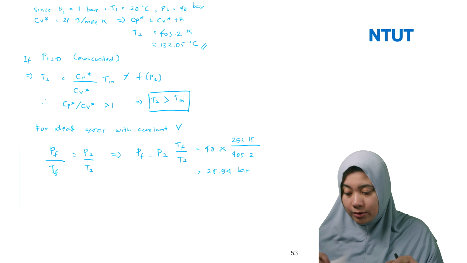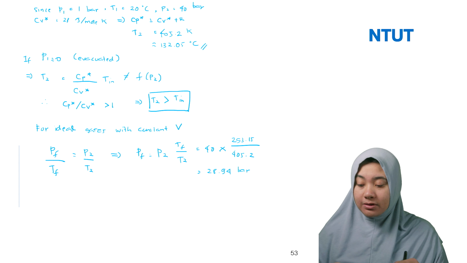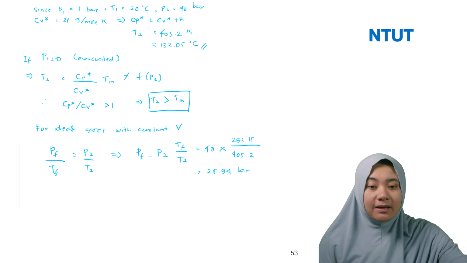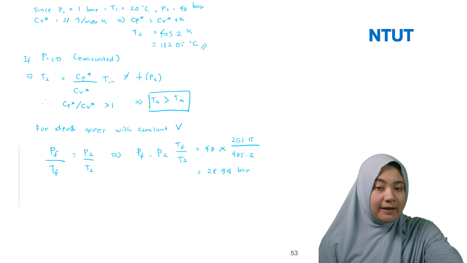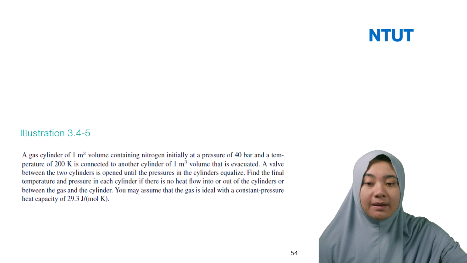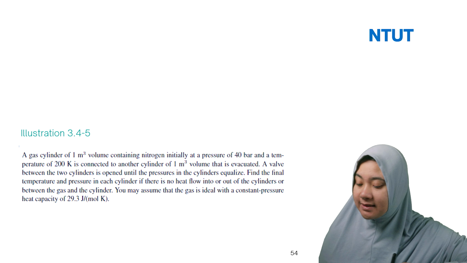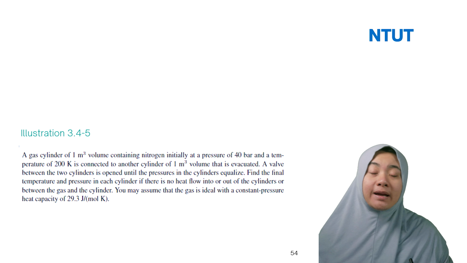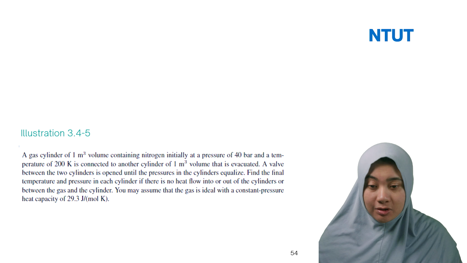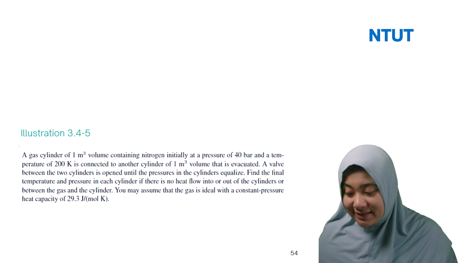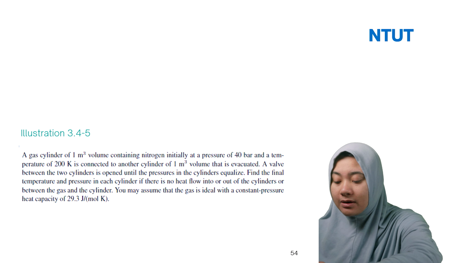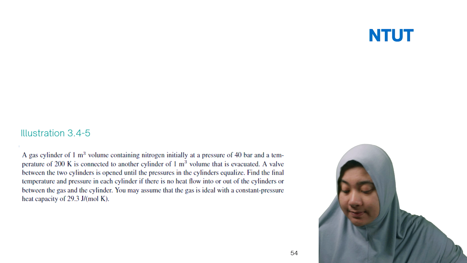For mechanical energy balance, you can do it this way, but for the temperature we cannot use this way, because these are two different concepts. We cannot use this concept for the temperature, but we can use it for the mechanical energy balance. So you can use the final states for a simple comparison of the mechanical pressures. But for illustration 345, this is an expansion from 343. That's why when you go to the Sandler book, you need to understand each of the illustrations, because once you miss one of these, it's difficult to go to the next step. So I suggest to all of you to understand each of the illustrations, it's much better.